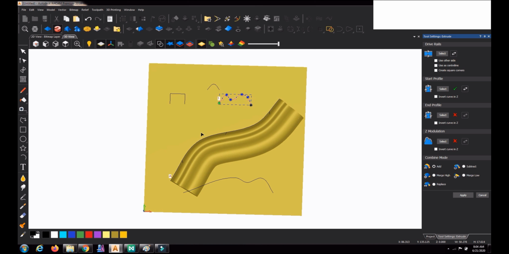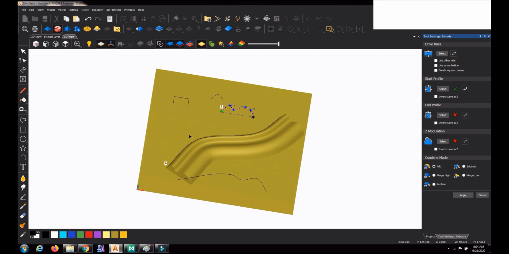So you would have understood by now, a minimum of 2 curves or vectors is required to create a 3D or relief using the extrude command. One is the drive rail, the second one is the start curve, which we call the start profile here. This is the start cross section. If you cut it, you see the line formed, and the same way we created the line here. According to this start profile shape, this cross section, the 3D has been formed.